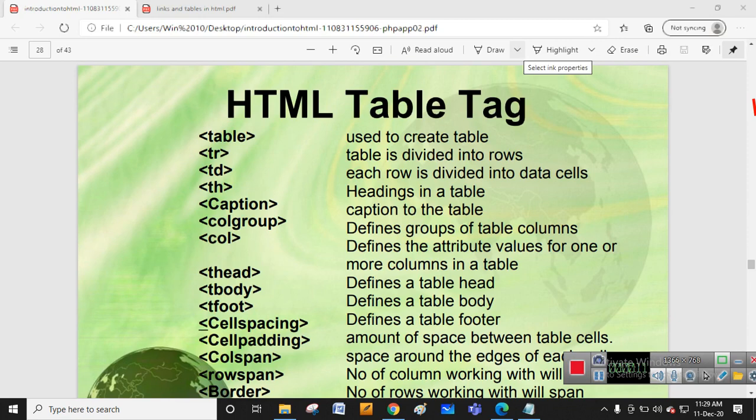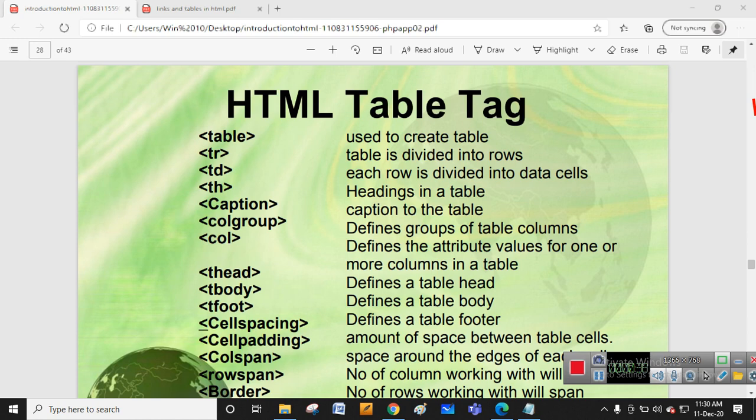So, in this video, I'm going to share the last topic of the periodic test 2, that is table tags. In the previous MS Teams, we discussed links and hyperlinks, how to insert a hyperlink. In yesterday's class, I hope all of you understood how to insert the hyperlink. We can apply the hyperlink for the text, we can apply the hyperlink for the image, and in that activity we showed that we can apply the hyperlink for external linking or also internal linking.